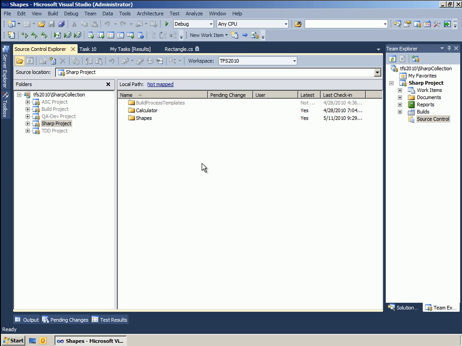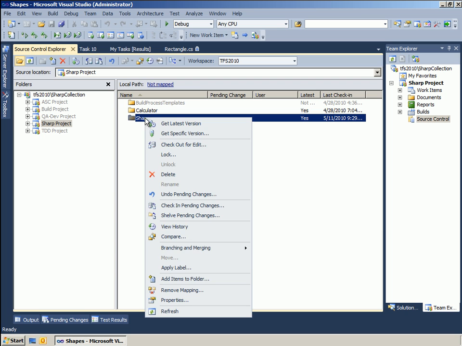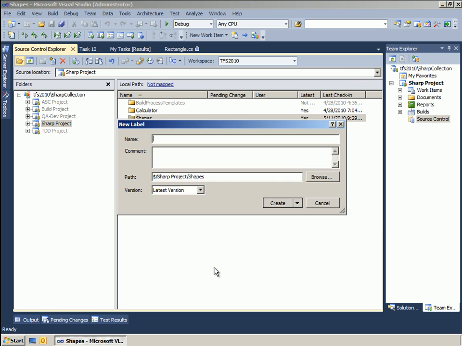And what we'll do now, we will apply a label to our shapes folder. I'll speak about what labels are in a second. And the label will state that the area property is implemented,